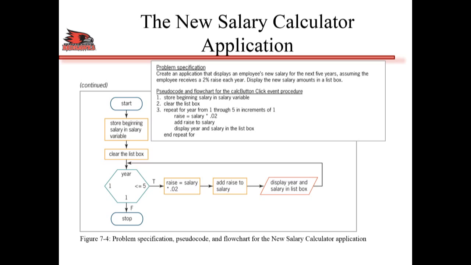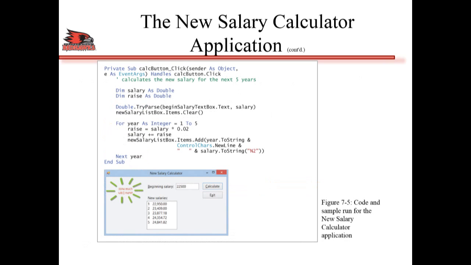And the flowchart for that is given here. The code for that is given here. So we define two variables, salary and raise, which are doubles, and then we basically convert this double to a text box item, and then what we do is use the for loop where the counter is the year, it goes from 1 to 5, and the raise is